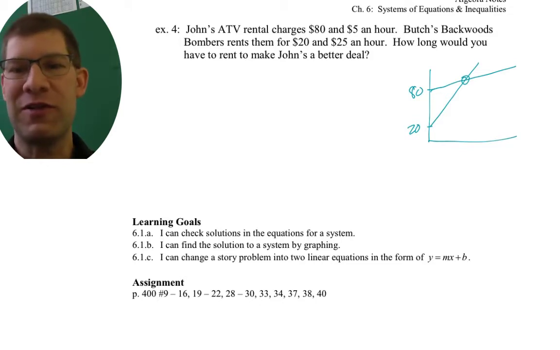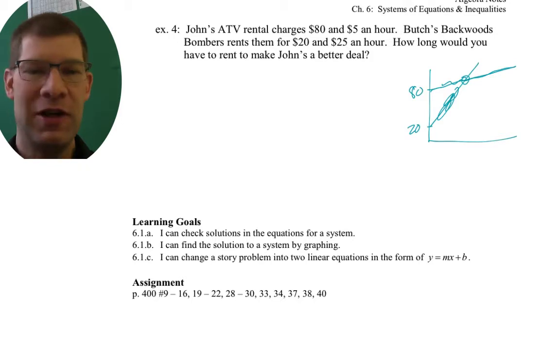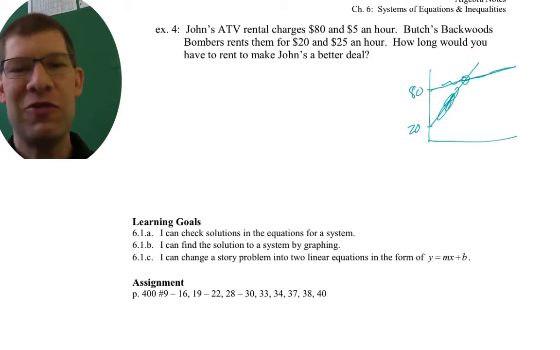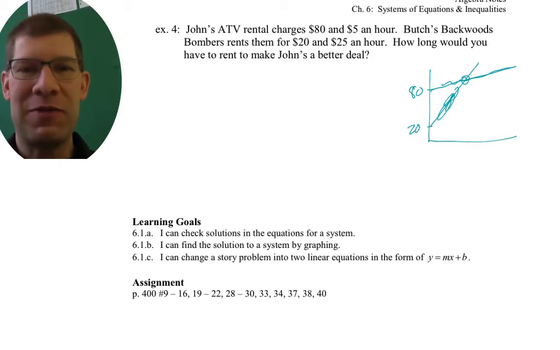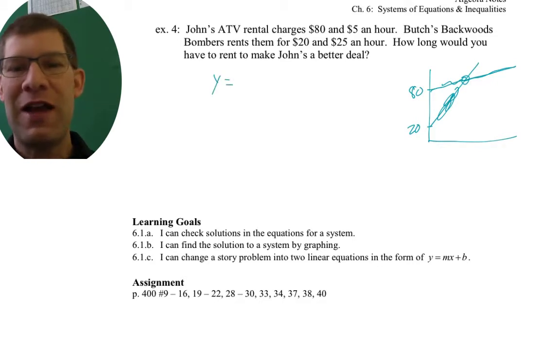What's where it switches from this second one here, Butch's being a better deal. This Butch's is right there. Where's it switch from that being a better deal to John's, this other one, being a better deal. So that's kind of where we're going. So we could do X and Y. X is the amount of time. That's probably easiest. So if I say Y for John,